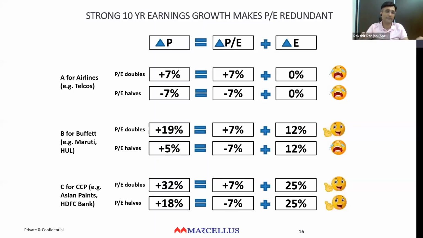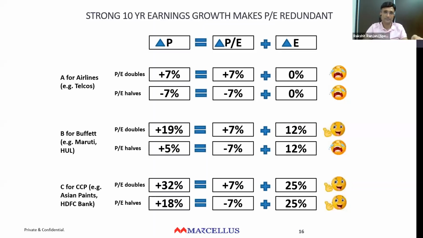Whereas the B for Buffett, and we've taken specifically B for Buffett here as an example because that's what he does, and he's done it very successfully, is a category where your earnings compounding will happen at a rate of say 10, 12, 13, 15%. And in order to compound at anything north of 20, you will need the support of PE multiple expansion, right? Without PE multiple expansion, there is no possibility of doing a buy and hold and still compound at above 20, right? So in your buy and hold, you need PE multiple expansion. That's what Warren Buffett does. Why does he do that?